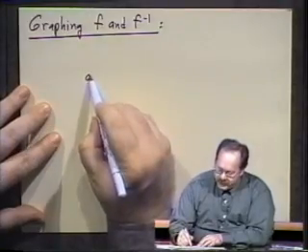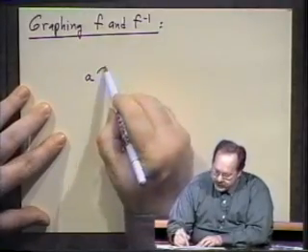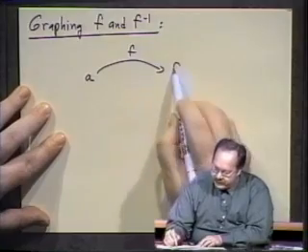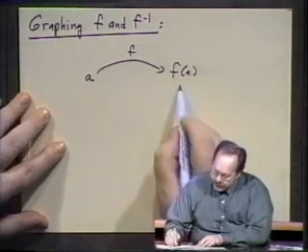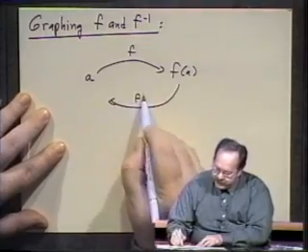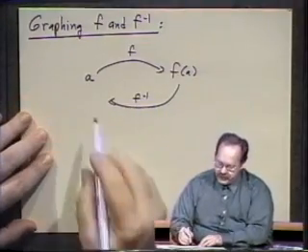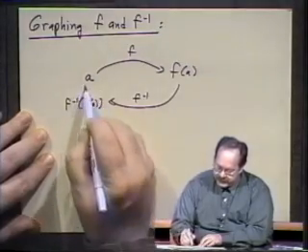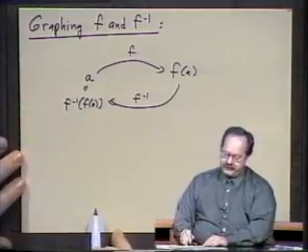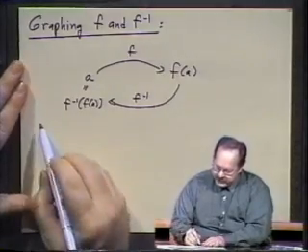If you start with A and you apply f to A, we've seen this picture before, you get f of A. Then if you apply f inverse to the f of A and go backwards, you end up with f inverse of f of A, of course, and that is A if these are inverses. So another way to say that is,